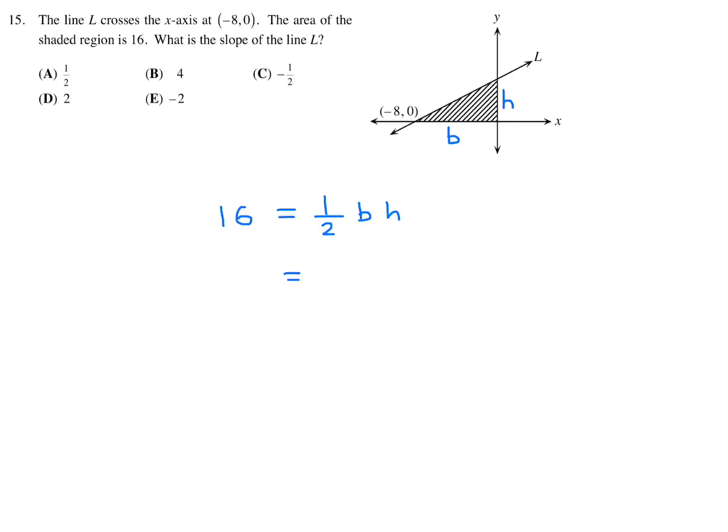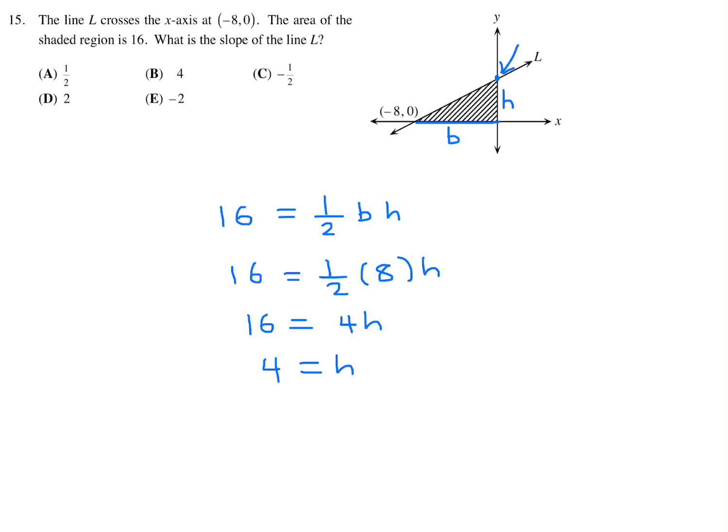The base is from there to there, which is 8, right? Because this point is minus 8, 0. So that would be a distance of 8. You can't have a distance of negative 8. So the distance is 8. And therefore we can solve for h. So this looks like 16 is equal to 4h, and therefore h is equal to 16 divided by 4, which is 4. So that means that this point right here